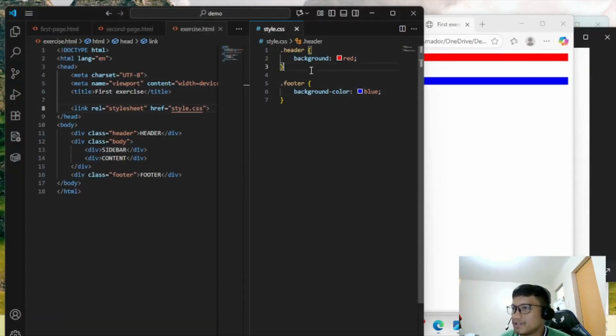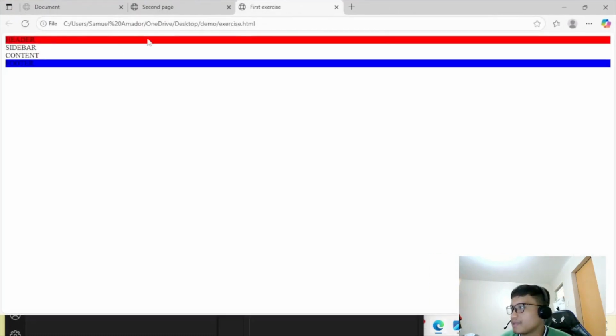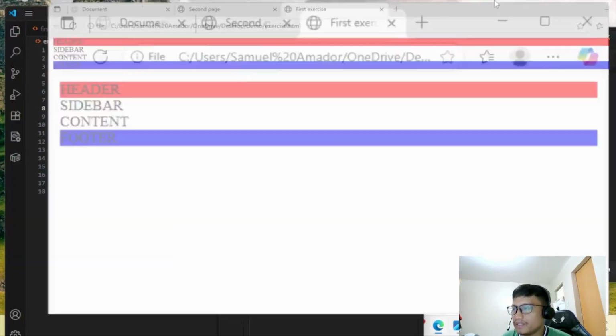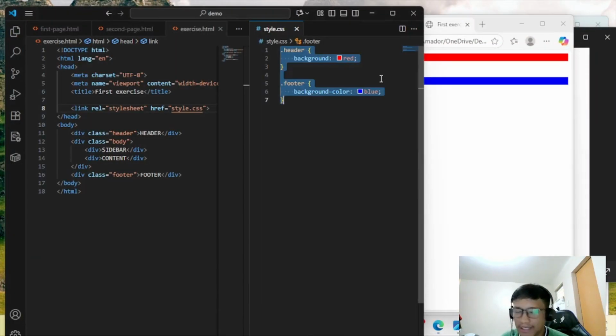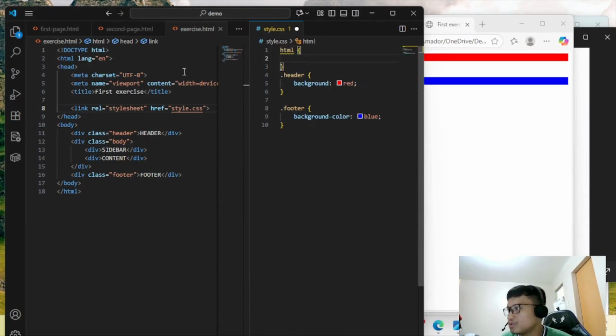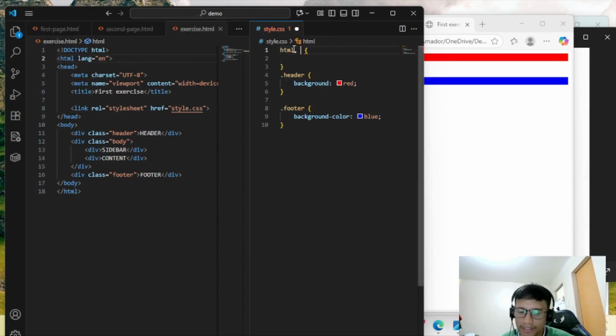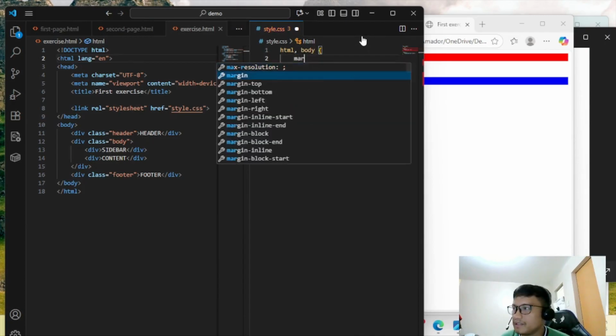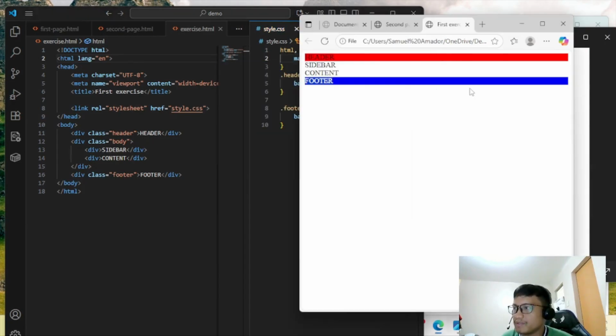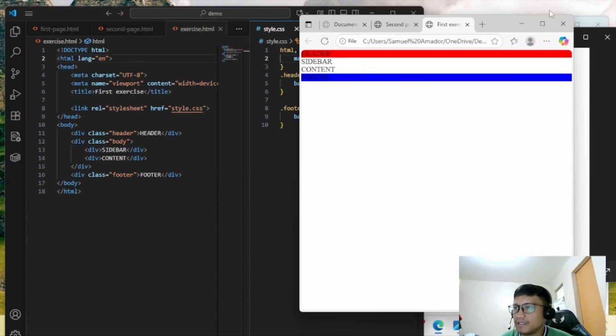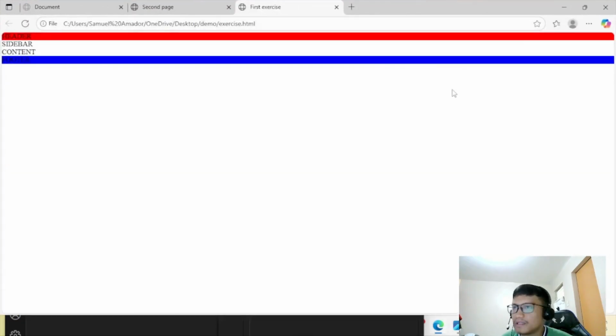Since there is a margin here and also on the right, maybe we can assign html, referring to the entire page, and also the body, say margin 0. So let's remove the margin.